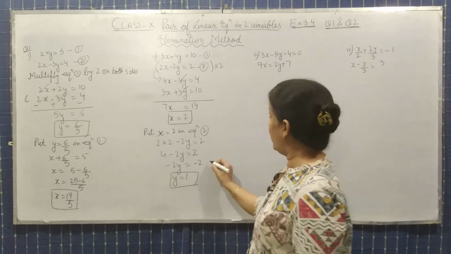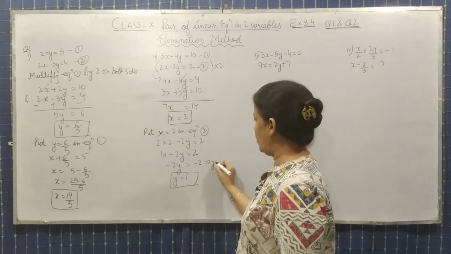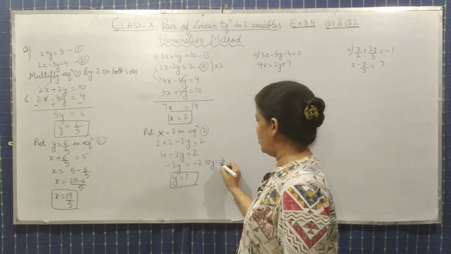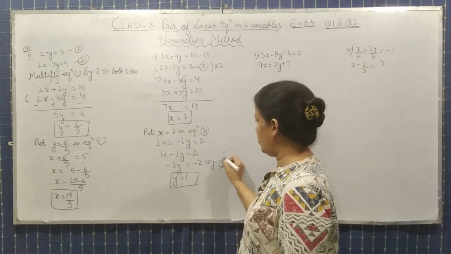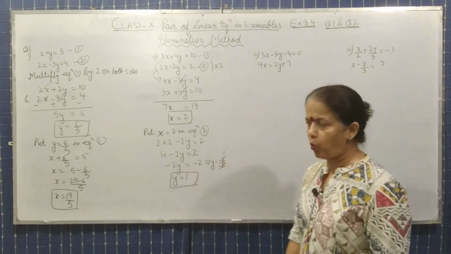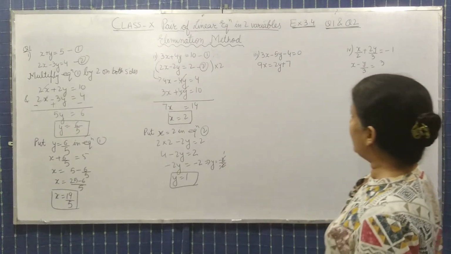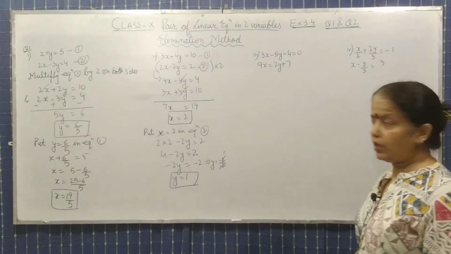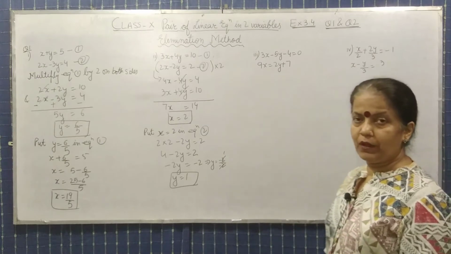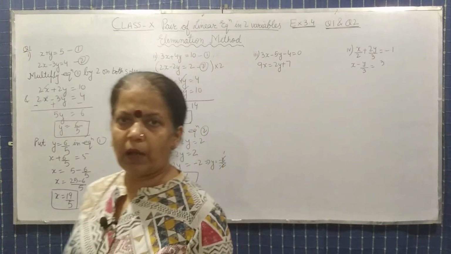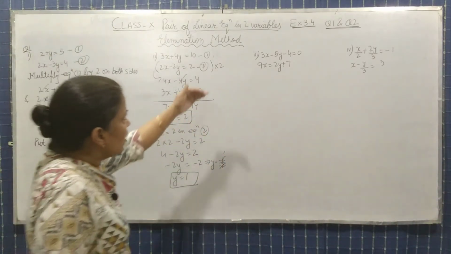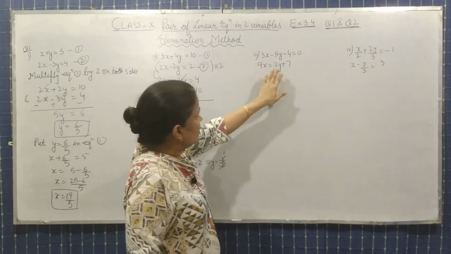Isn't it? From here y equal minus 2 upon 2, minus 2, so ये cancel हो जाएगा, so you will get it 1. Clear to all of you? Same way we will do the third part also. In third part आपको क्या करना है? Third part में observe both the equations.